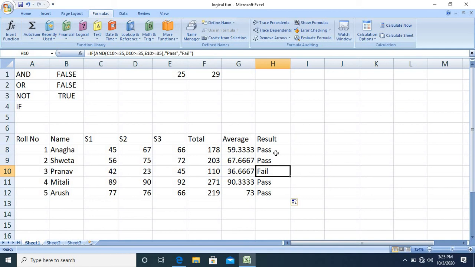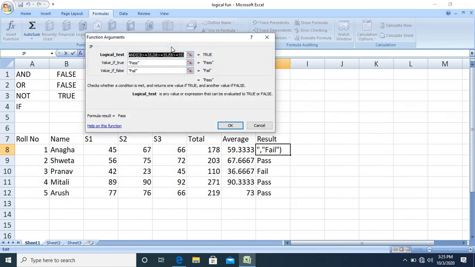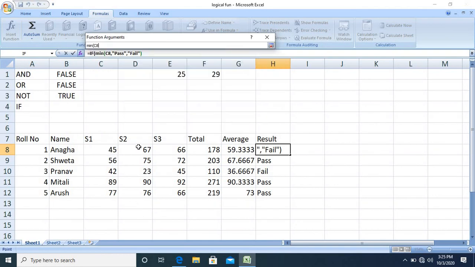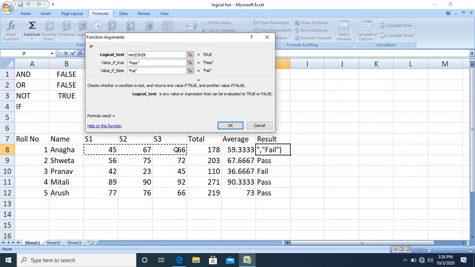If there are more subjects, then instead of individually checking the marks, we can make use of the MIN function. Let me change the formula here. The logical test will be the minimum of all the subjects is greater than or equal to 35. So here you can use the MIN function, minimum of C8 to E8, that is all the subjects.